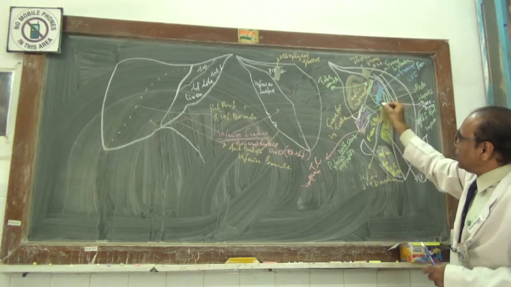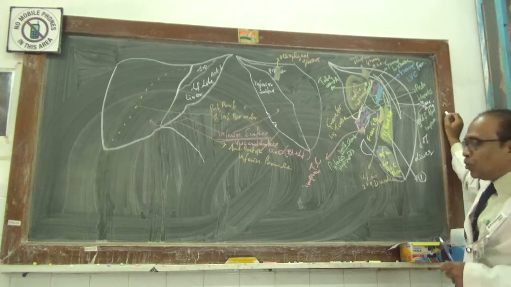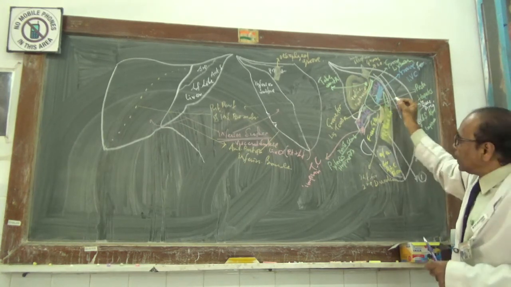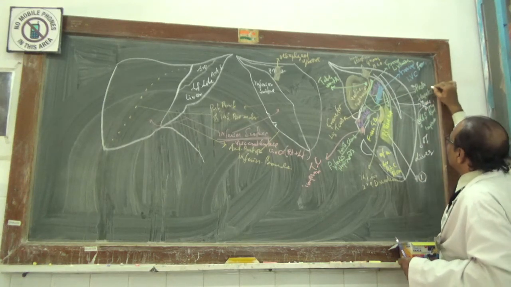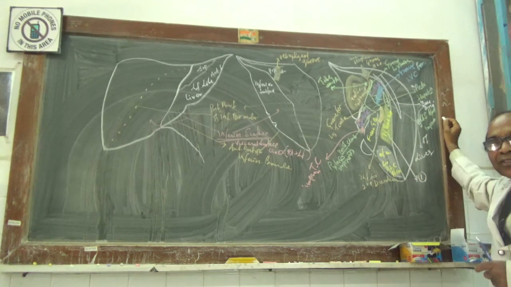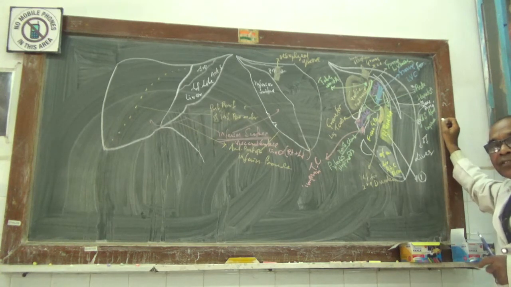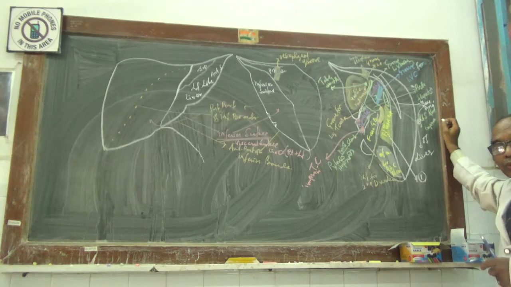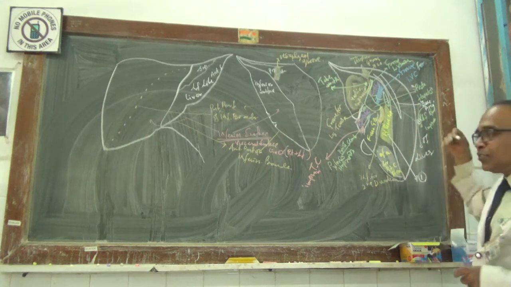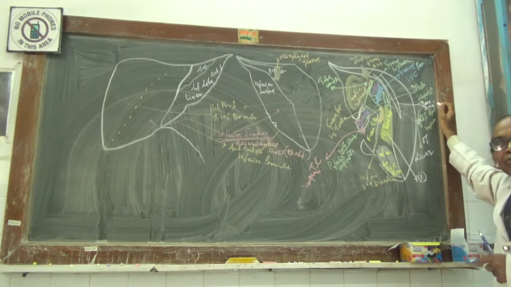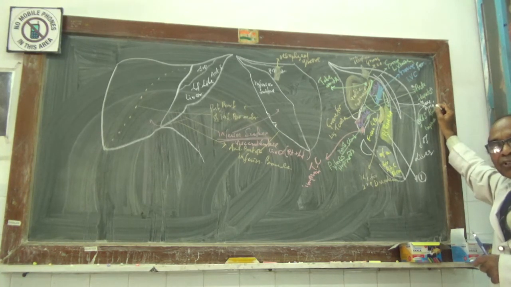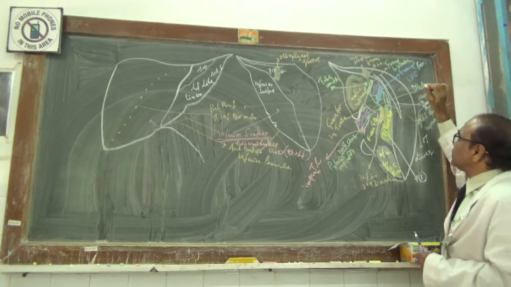And just medial to that exactly, and a little below, medially more and a little below, there will be one slit. Now that slit is called what? Porta hepatis. Porta hepatis is called what? The gateway of the liver. That is the big mega door for the entry and exiting of some structures. So structures which are entering into the porta hepatis are those which will be going to enter into the liver, and a few are coming out.